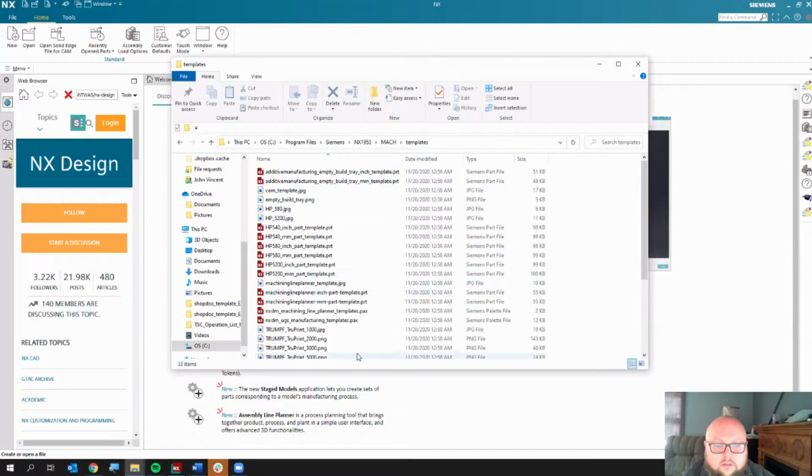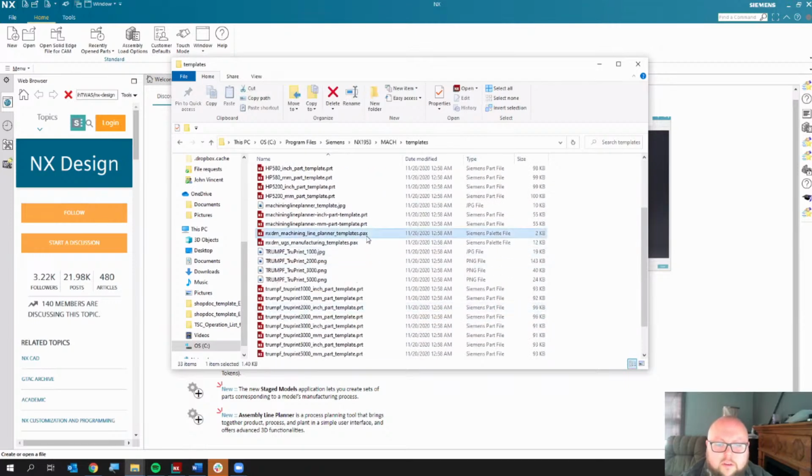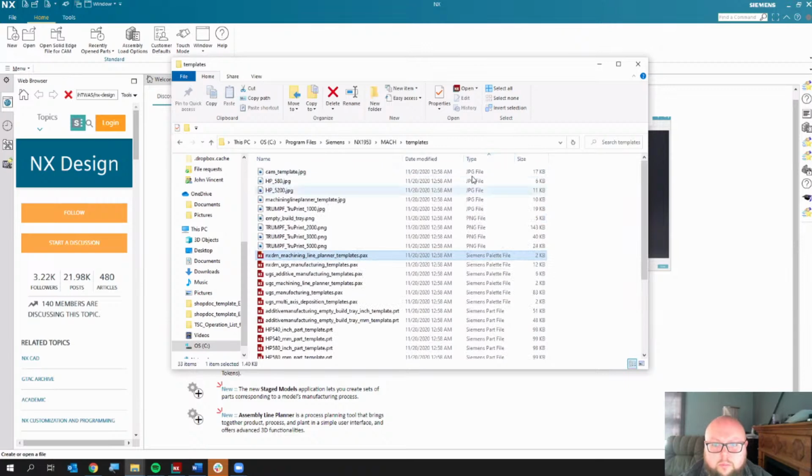Inside of this folder, there's a number of different part files. We'll see some JPEGs, different images. But what we're really looking for here are these PAX files. I'll just sort by type, and there's a handful of different PAX files. What we can do is copy one of these existing PAX files, and each one of these files is driving one of the tabs on our File New menu. So in the case of the manufacturing template that we looked at, that is being driven by